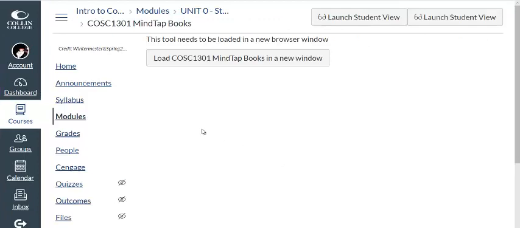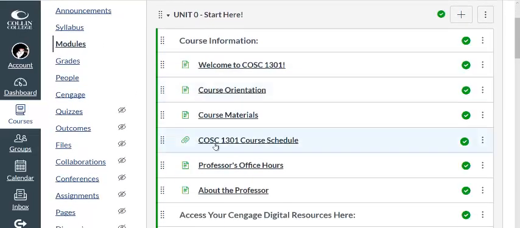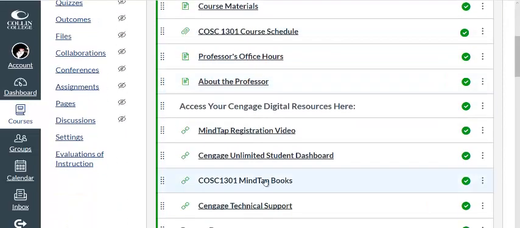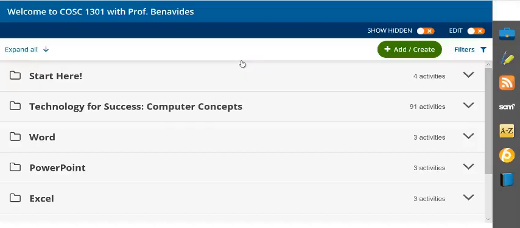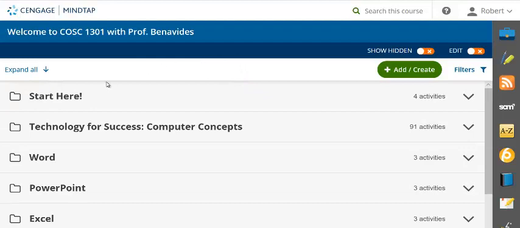So let me leave student view and show you what I see, and that should be what you see. Okay, so I'm going to come over here to modules, and I'm coming in to the COSC 1301 MindTap books. So I'm going to load it, and here are your books in this. It's called a learning path. They call it a learning path. I've arranged it